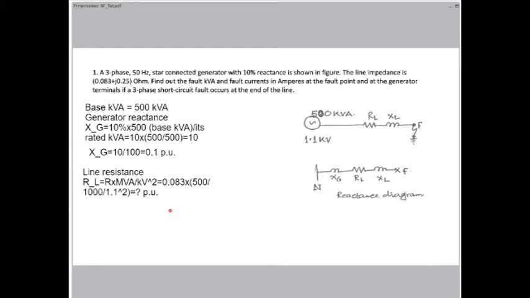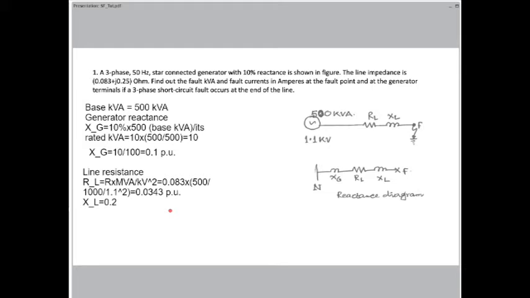That's good, thank you. So 0.00343, that's the correct answer. Similarly, we can find out XL now, meaning the reactance of the line. L is for the line here. That's what we are referring to. XL will be the same thing. Instead of R, it will be the X value. MVA and kV squared remain the same.